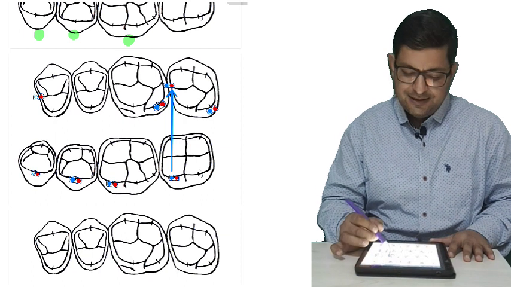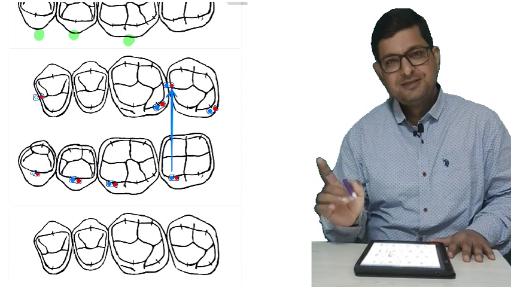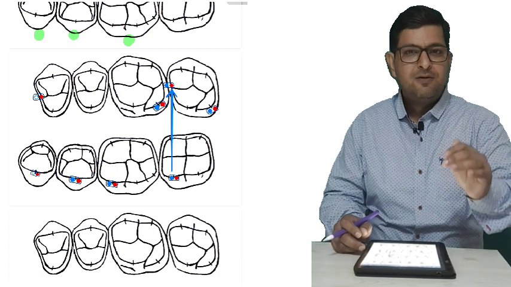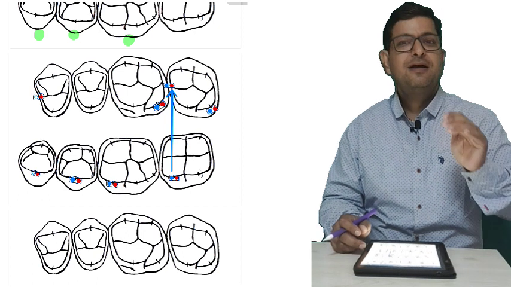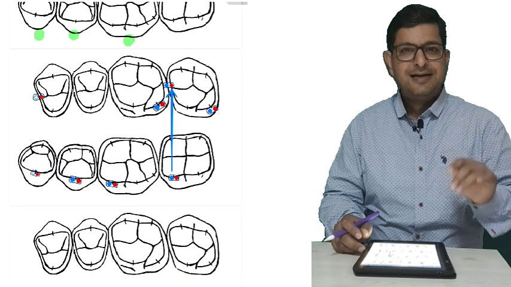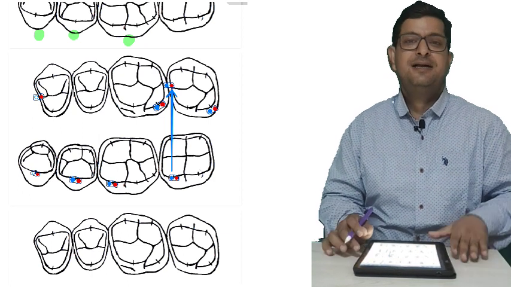You can see the distal marginal ridge of the first and the mesial marginal ridge of the upper second molar. Now understand the importance: if you are doing class 2 restorations, before doing so we should understand that in natural teeth there is a contact on the mesial marginal ridge, so we have to maintain that contact.